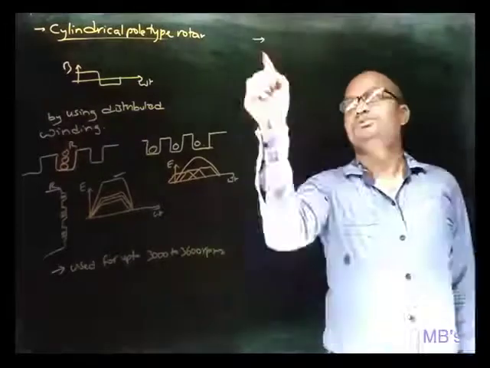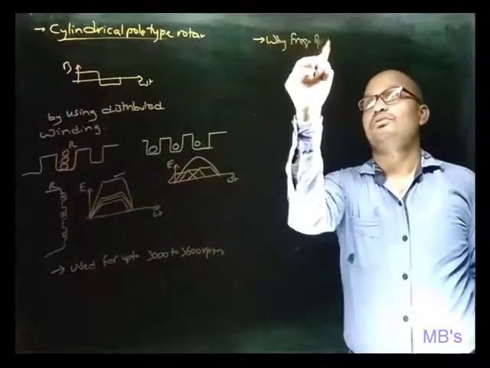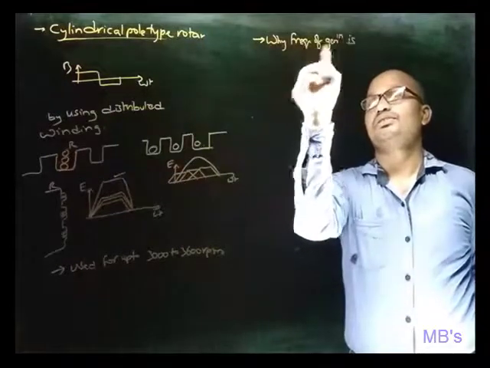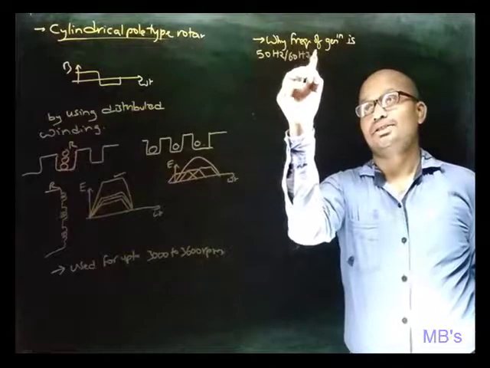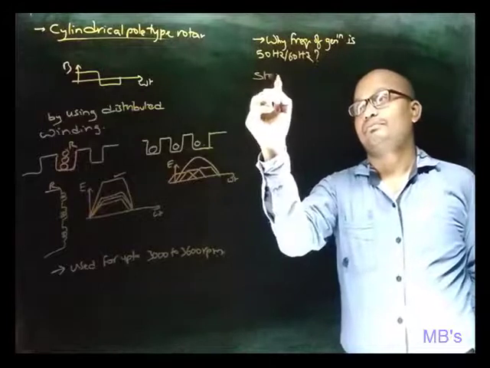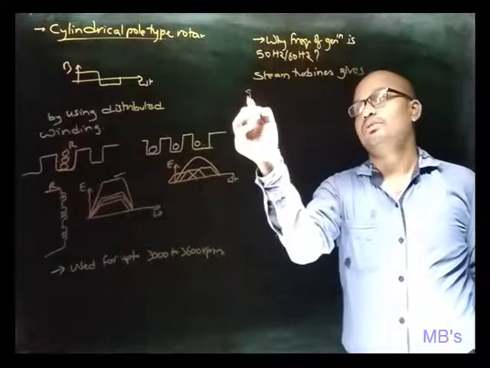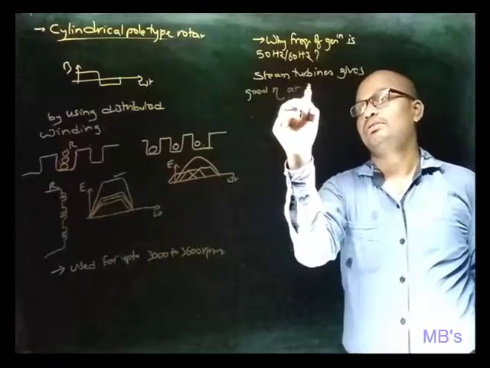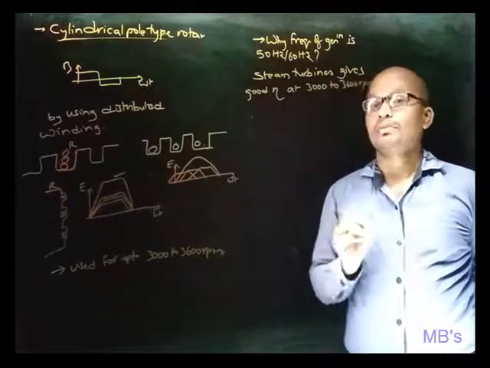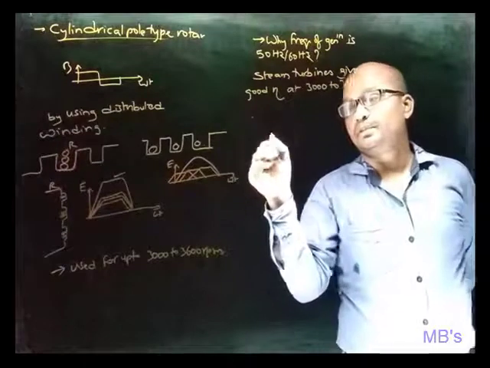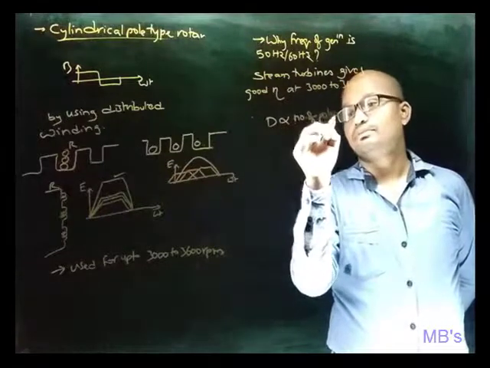And now let's discuss some of the important concepts which we have to discuss for understanding the upcoming topics. So first, why is the frequency of generation 50 Hz or 60 Hz? Steam turbines give good efficiency at 3000 to 3600 RPM. Okay, and we know that diameter D is directly proportional to the number of poles,